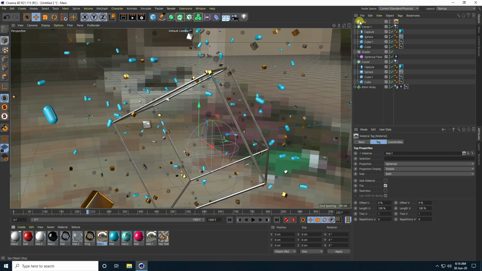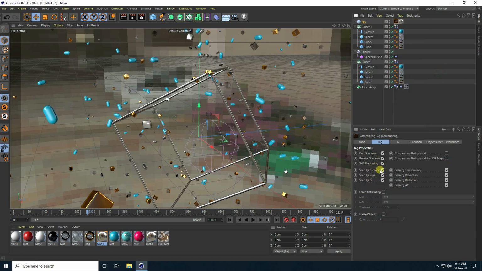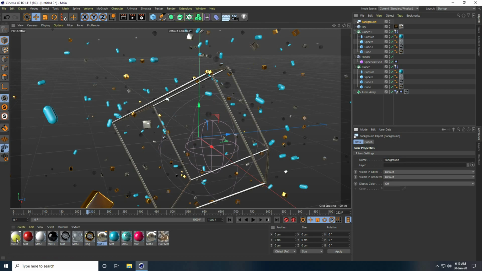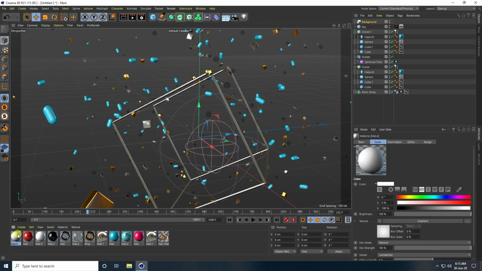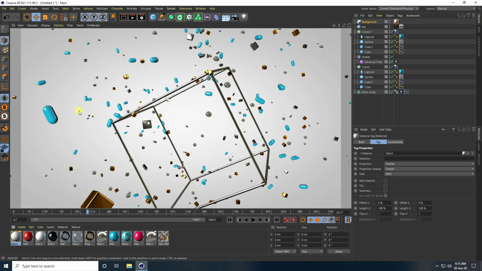Yes, and guys, select this Sky and right click. Guys, I apply Compositing tag, this one, and Seen by Camera uncheck. Yes, right. And guys, I also take a background color. So take Background, and that's my background material, this one, the last one. Apply on Background, right? I show you. Yes, that's my background, right?